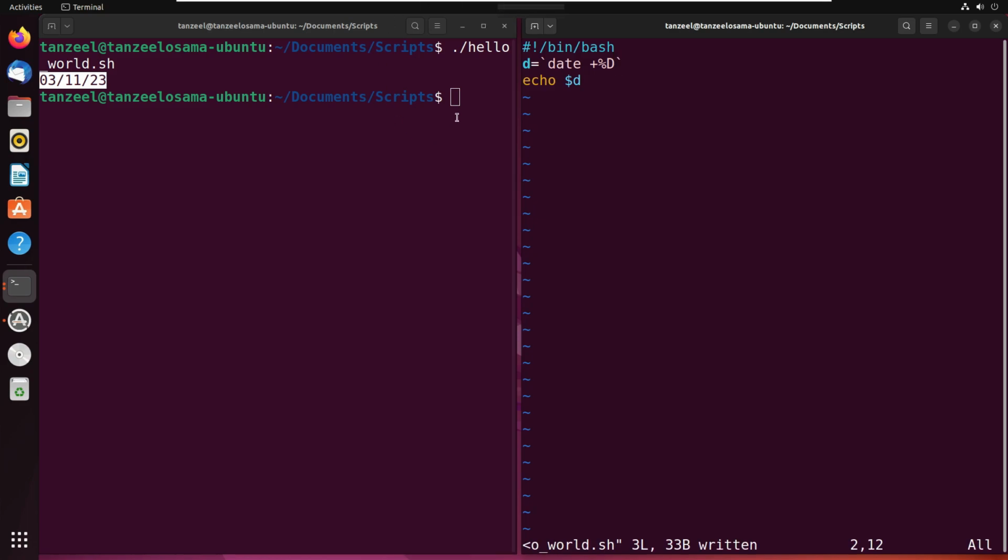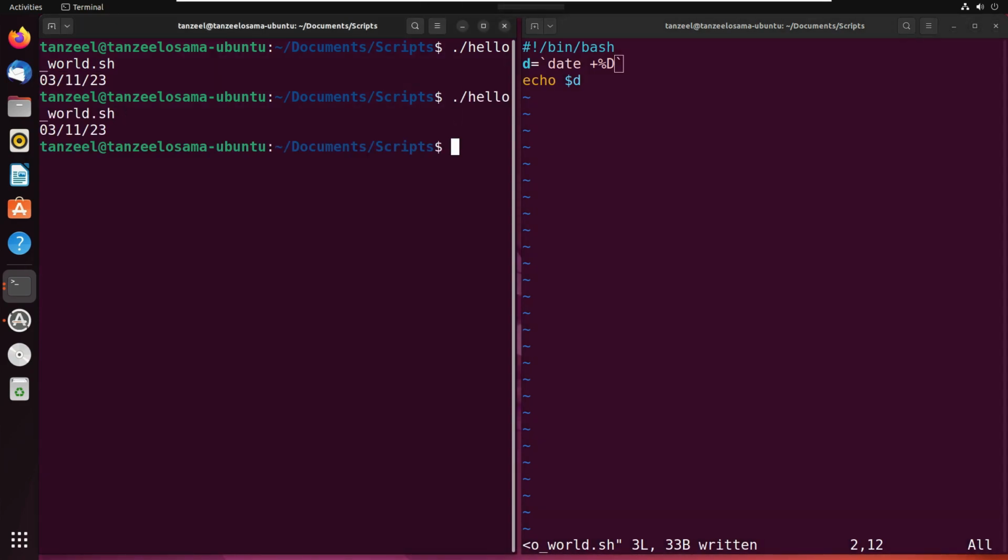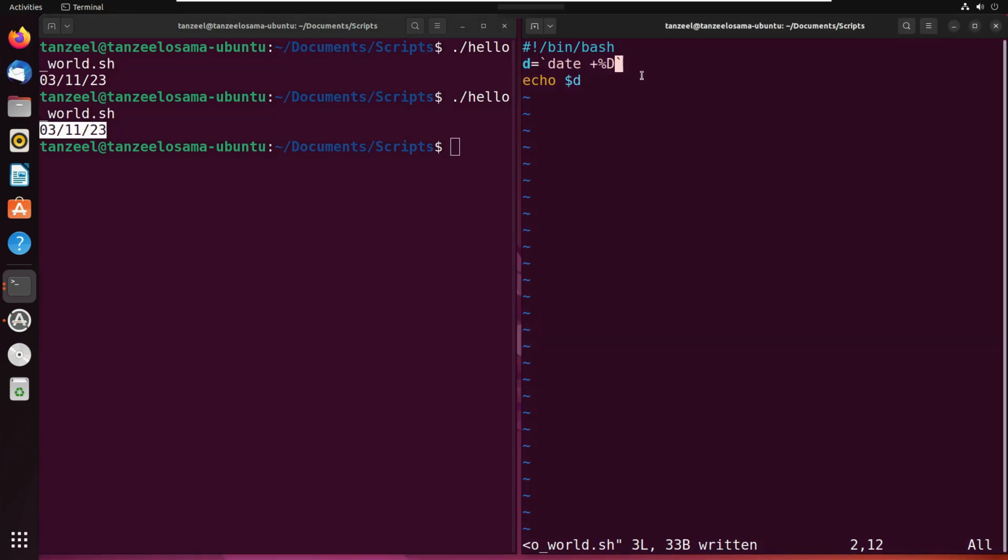Alright, and now let's run it, and you can see we have the same output here. In the same way, let's have a simple example. I'll get into insert mode and delete D, and let's see what it's going to print when we are just using the date command without any other format codes. So let me just save it